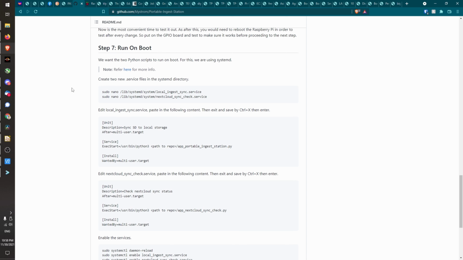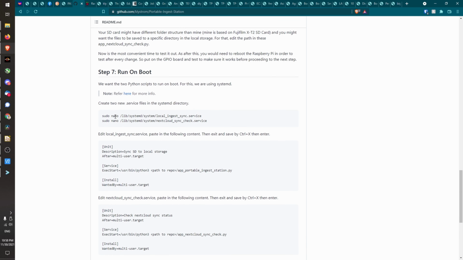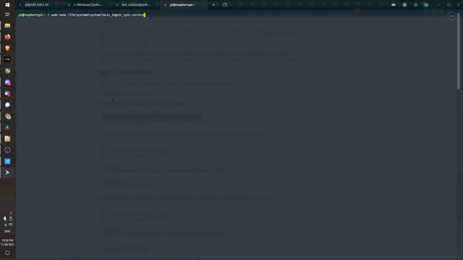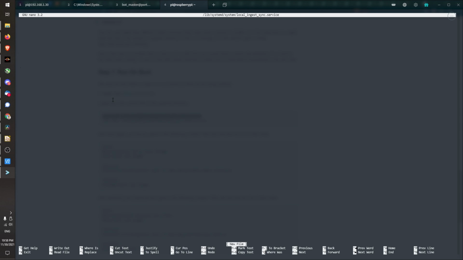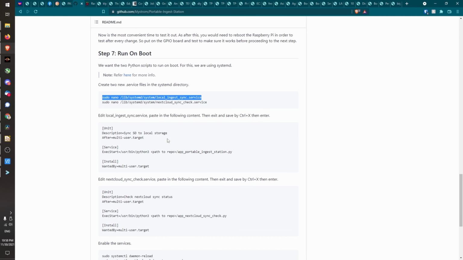Okay, so what we need to do is tell systemd that there are 2 services that it should pick up and run on boot. So we need to create the service file. So the way to do it is let's just copy this. Okay. Okay, and then paste in